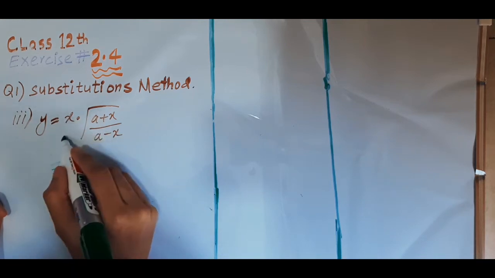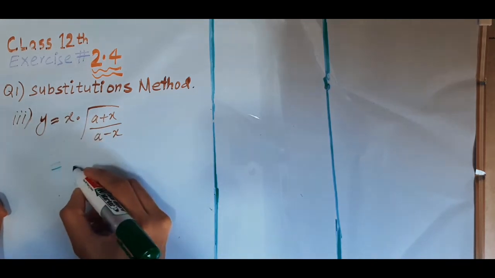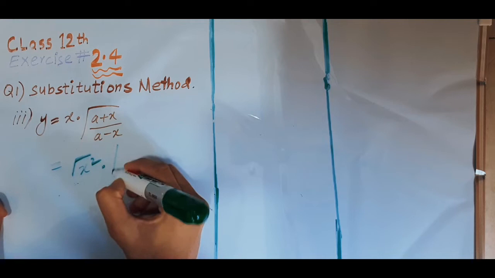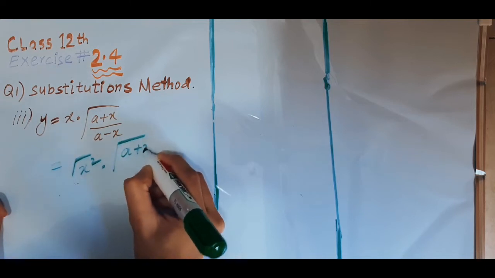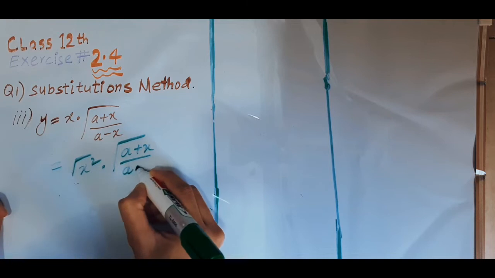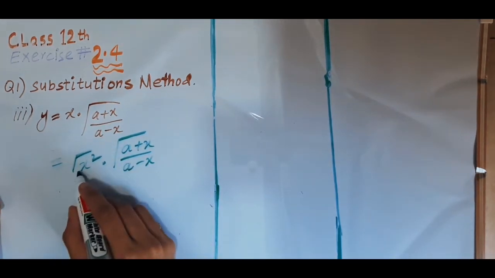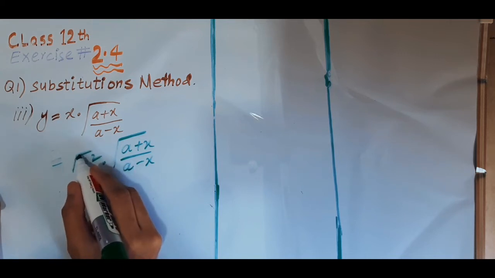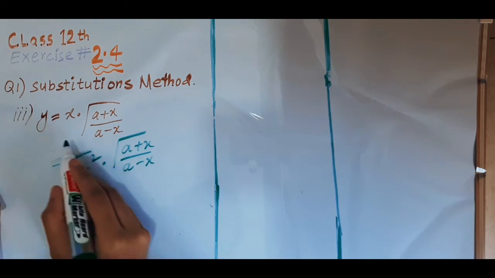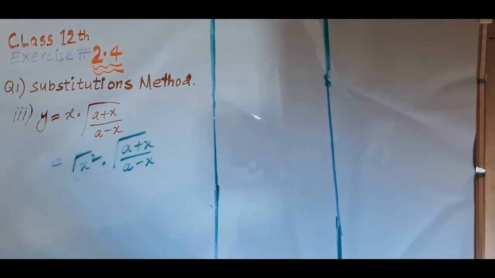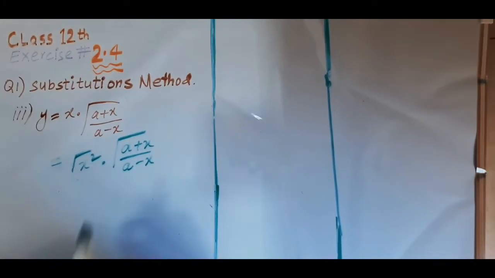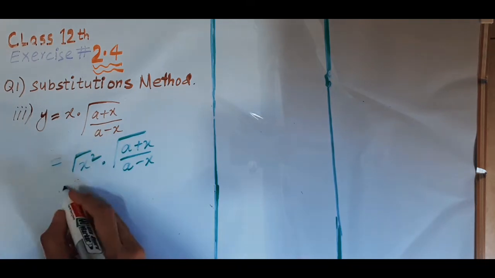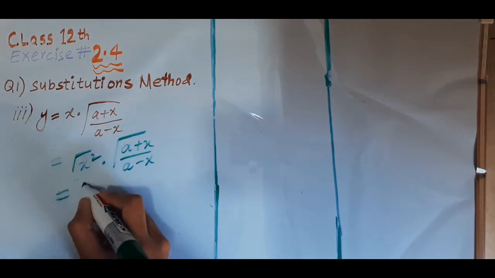Otherwise, here is the product rule. We can see we can solve it by the product rule, but we have to do it by the substitution method. So if we take x inside the root, the square and root will cancel out and we are left with only x, which is what we have in the question. So we have two different things multiplied inside a root, so we can write it in a single root like this: